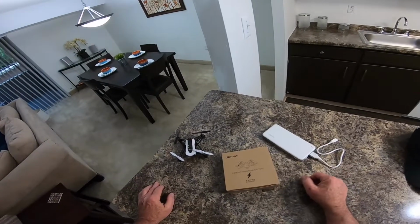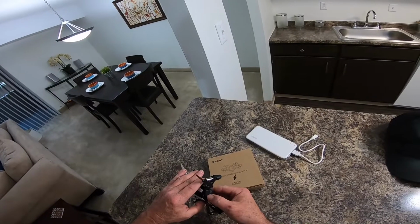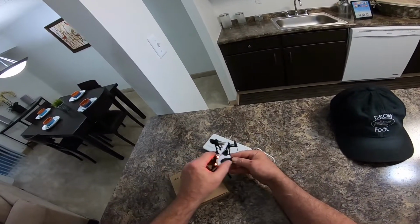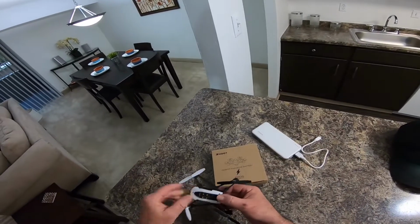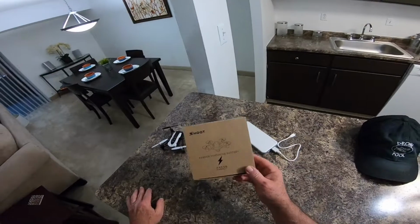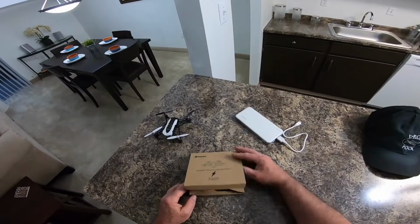Now, you know when you usually charge a battery with the Mambo or the Swing or anything like that, you pop the battery in and then you have to plug a USB cable in here while it's in there charging. Sometimes that can be a pain, okay? Now this thing was $22 and it comes with, I'm going to show you here,